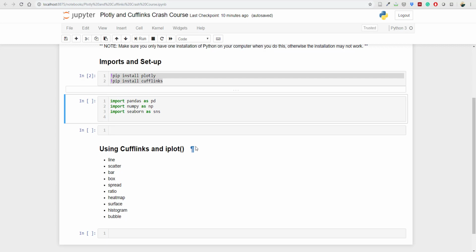We will also be needing matplotlib, so let's import matplotlib.pyplot